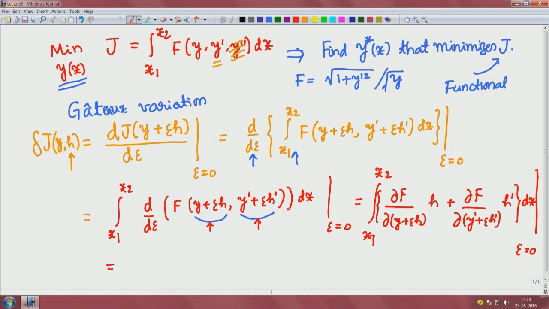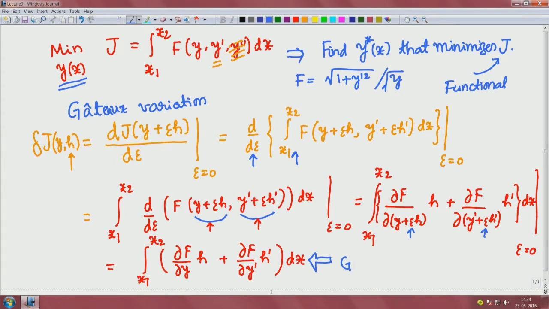When we do this, we get the integral from x1 to x2 of ∂f/∂y times h, plus, again we look at this epsilon here, we substitute it equal to 0, then we get ∂f/∂y′ times h′ dx. Okay. So, now what we have here